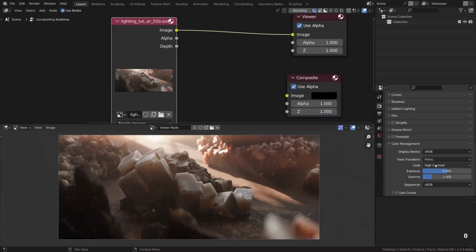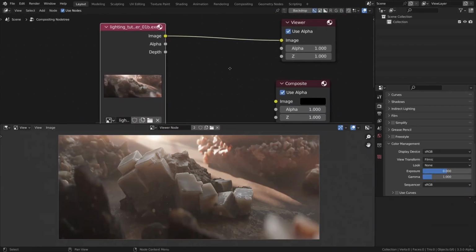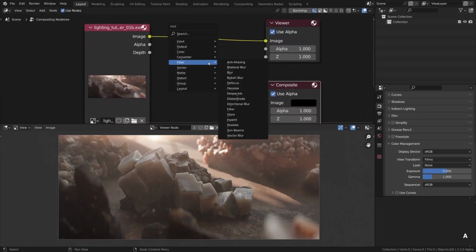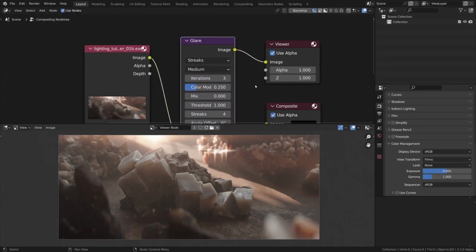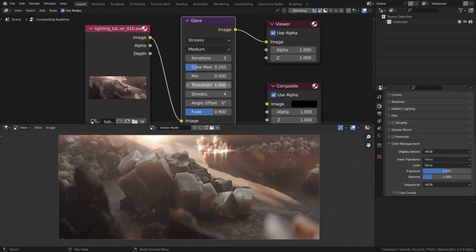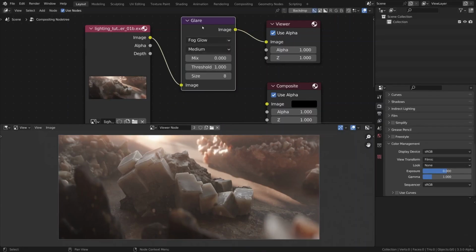But first, for the sake of completing our little experiment, let's drop in the glare node. Back into Compositor, Shift-A, Filter, Glare. Now it should absolutely catch those outstanding scene-referred RGB pixels that go above the threshold of 1 in terms of their intensity. And so that is the major difference between saving the image before post-processing it in the 8-bit format, such as PNG, JPEG or TIFF, or utilizing one of the scene-referred formats, such as OpenEXR, which is 32-bit by